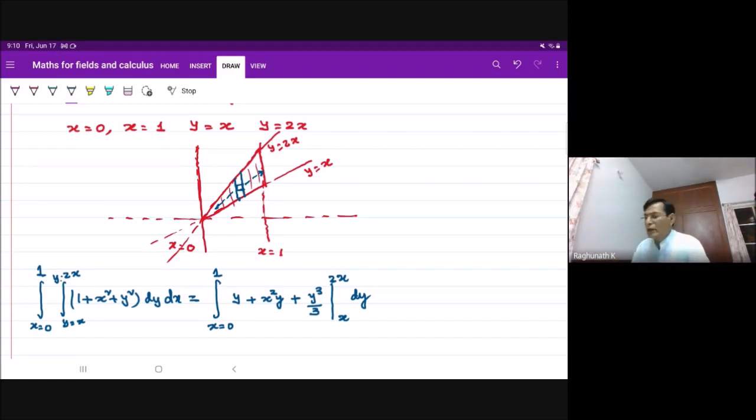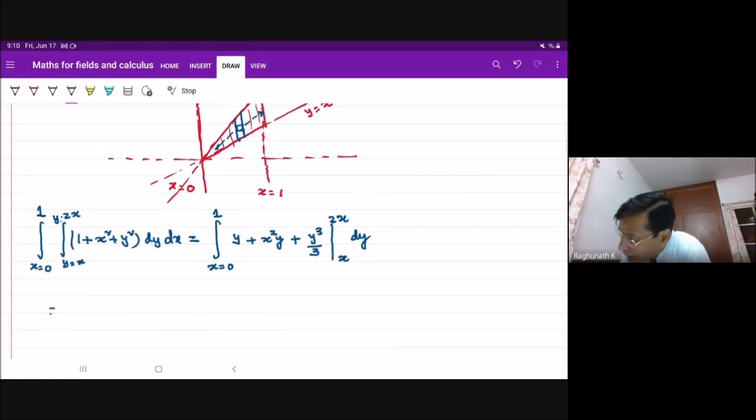Just attempting the integration, right? It is integral x is equal to 0 to 1. What are all the functions you get? 2x